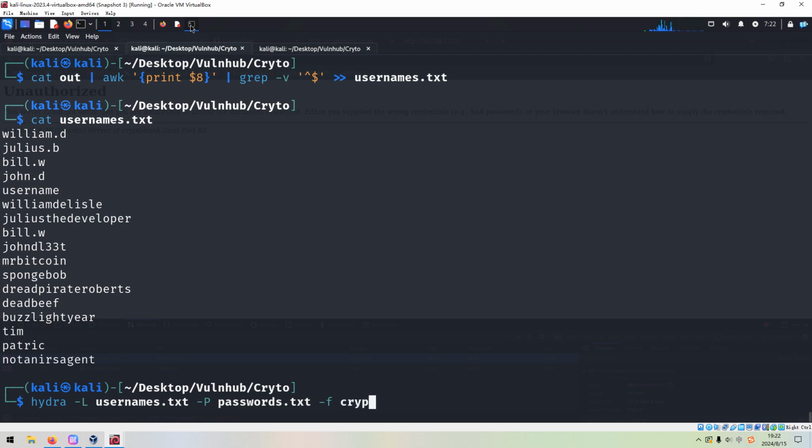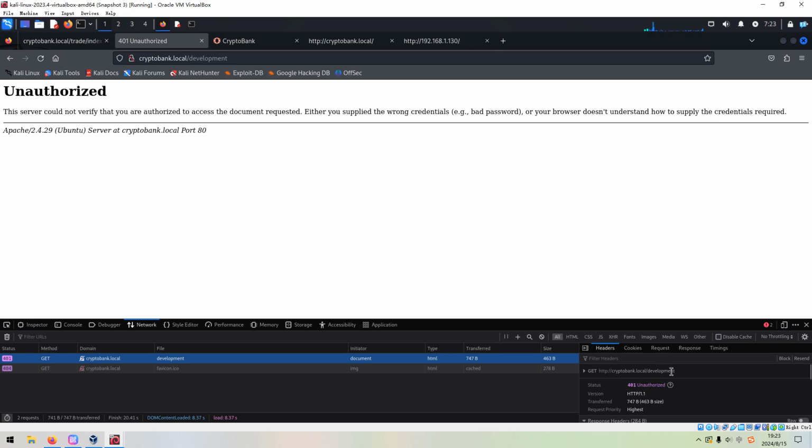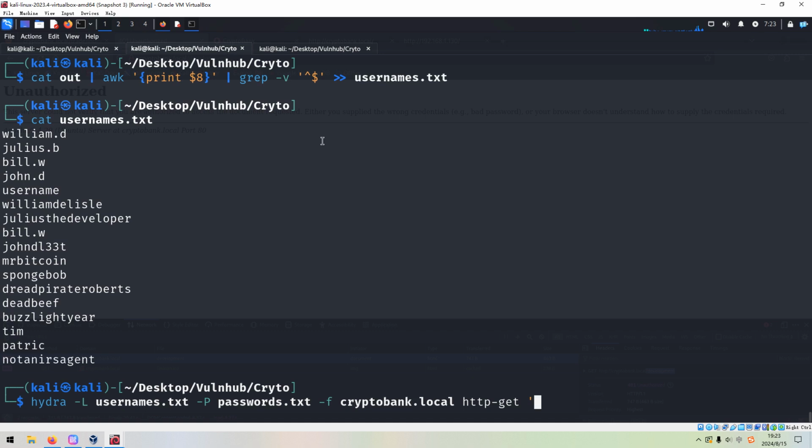The target is crypto bank local, and the service is HTTP GET, followed by the login page development. We can copy and paste in here, because the username and password dictionaries are very small, so this process would be done very quickly.